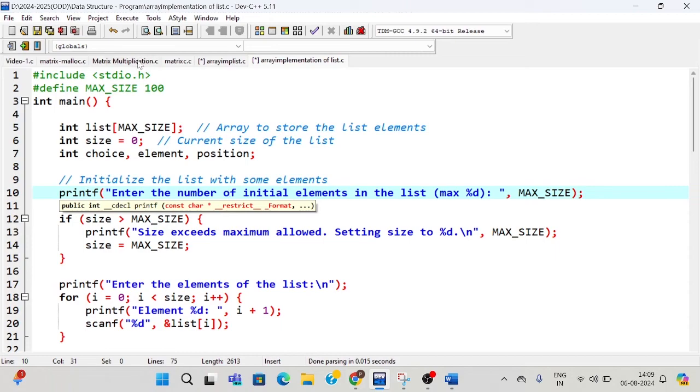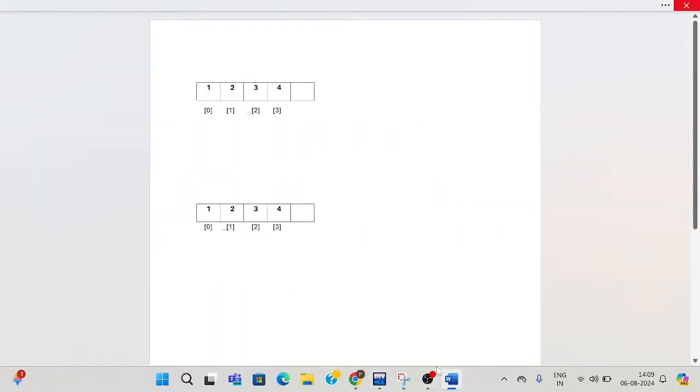So in this session, let us see the implementation of the list by using the array. How does an array store the element? The array stores the element in a contiguous memory allocation method. So the memory will be allocated contiguously in the array. When we have to perform an insertion or deletion operation in an array, now let us see